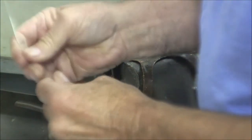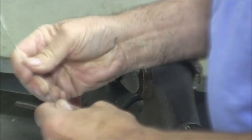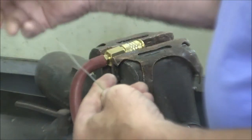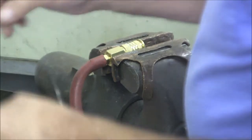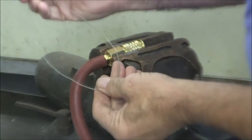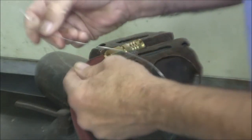Again, I keep saying it, but I've never done this before, so I'm going to be all thumbs. How hard can it be anyway, right? We will see. Some suggest that you put a wire tie to control these ends. I don't know if that's really necessary, but so, okay, let's match the ends of our wire together,